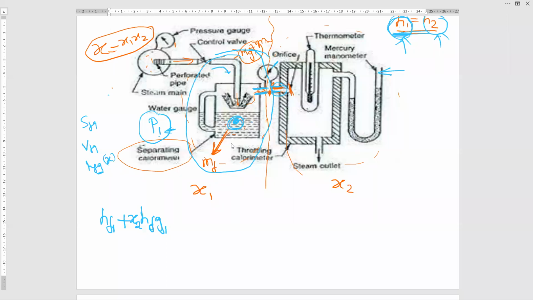And dear students, why it is X2 is, here X is the value coming inside the separating calorimeter. And X1 has got separated here. Water has got separated, so only X2 remains. That X2 is going along with this gas. So that is the reason X2 here is equal to, and here it is purely gas. There is no moisture content here. So that is Hg2. Why it is 2? Because it is at pressure 2. This part is pressure 1 plus.